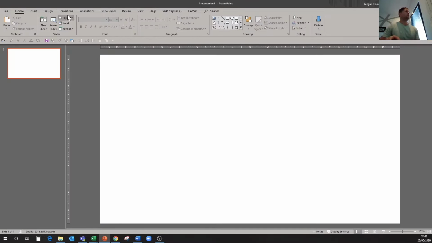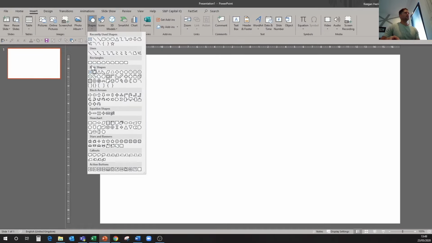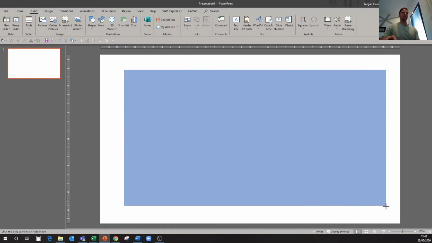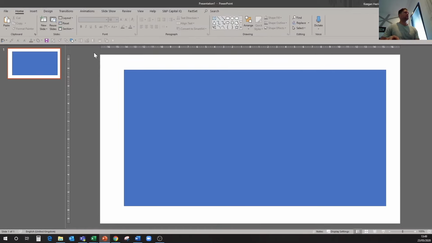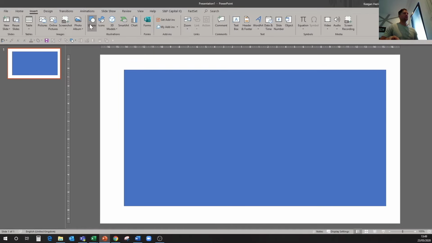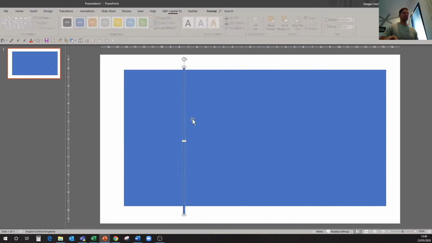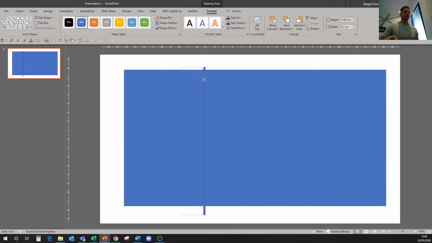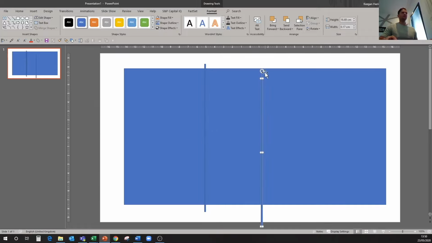Okay, so come into PowerPoint, and we're going to insert a shape. It's going to be a big rectangle, like this, similar to the one we had, and then insert another rectangle, but it's going to be a small little line, like this, and we're going to use that to break our big tile up into smaller tiles. So I quite like the shape to be like this. We're going to duplicate this, and